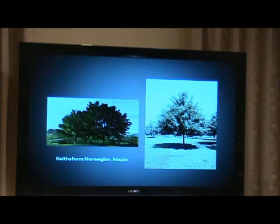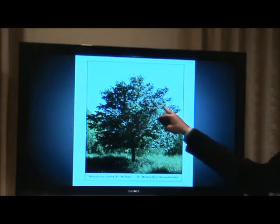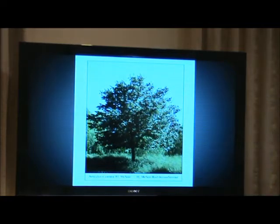Here's our Keith's Form Norwegian maple. Again, a smaller maple than the sugar maple and the red maple. Gets some vibrant fall color. Here's our Fort McNair horse chestnut, which definitely gets some very beautiful pink flowers on it. You can see them scattered throughout the canopy of the tree there, which will look really nice out on hole